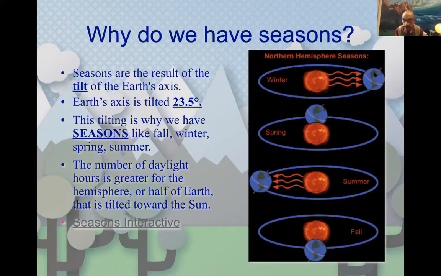If we look at these images here during the winter months, and if we're looking at the United States, which is located here, then we realize that the area that's receiving most of the sun's light and heat energy is in this area. So during the winter, we are actually tilted away from the sun's direct light and heat energy. As we orbit or revolve around the sun, the tilt stays the same, but we start becoming a little bit exposed to the direct light and heat energy coming from the sun,